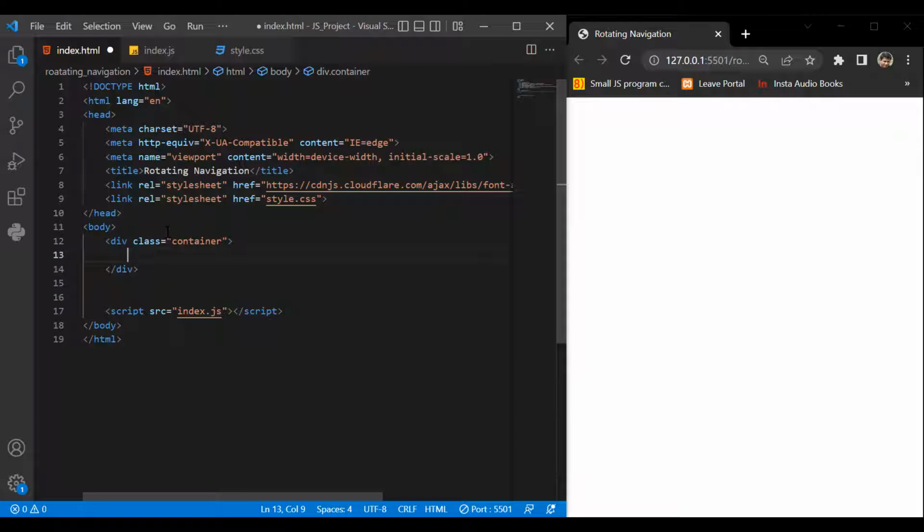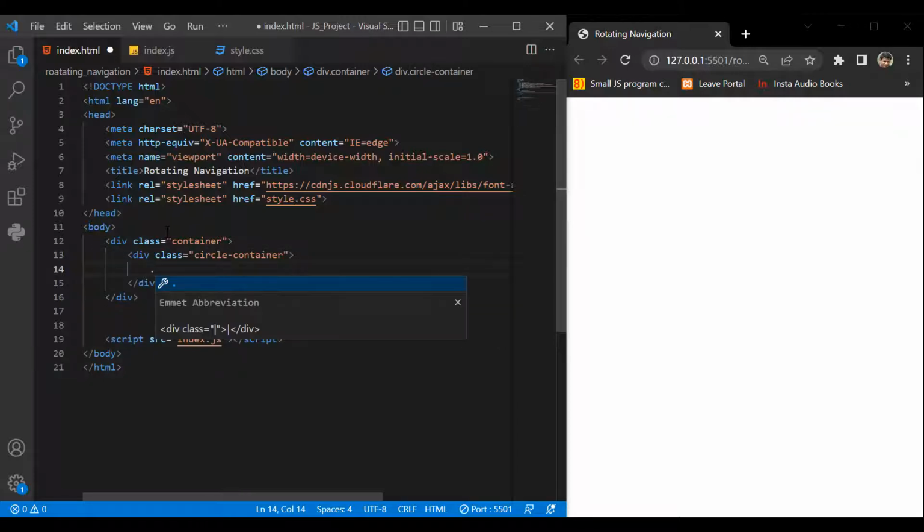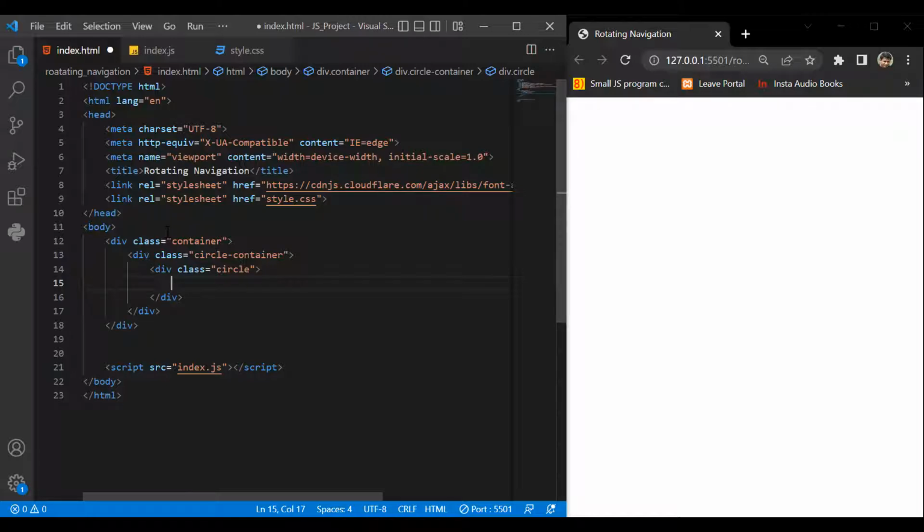Inside this, I'm going to create another div with a class of circle container. And inside this, let's create another div with class circle. Now here I'm going to use the icon tag of Font Awesome. For that I need to do an i tag with class, and I'm going to use fa and fa-times, and hit this. Okay,